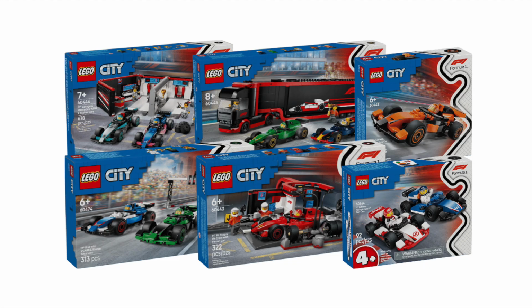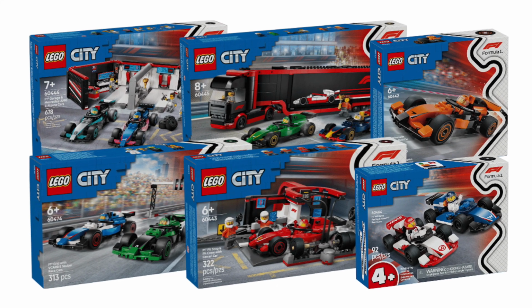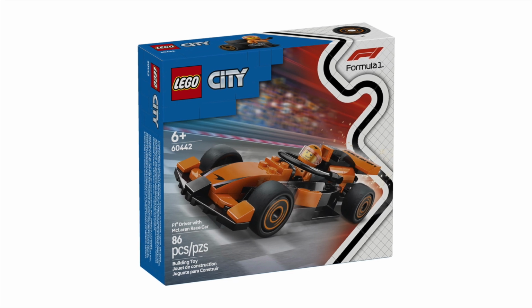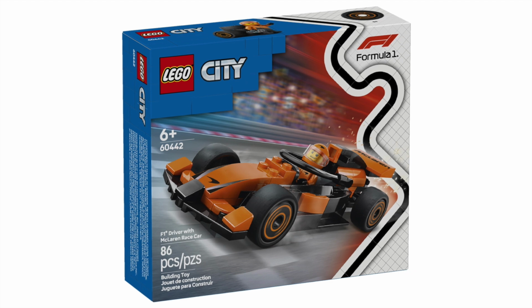is something new. So I've got some images of 6 sets coming out in January, and we're going to take a look at each of them. First we have set 60442 with 86 pieces. This is called F1 Driver with McLaren Race Car, and LEGO seem to be splitting the different F1 teams into